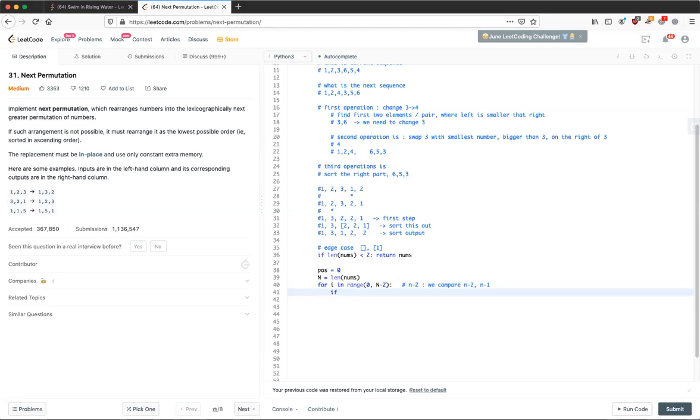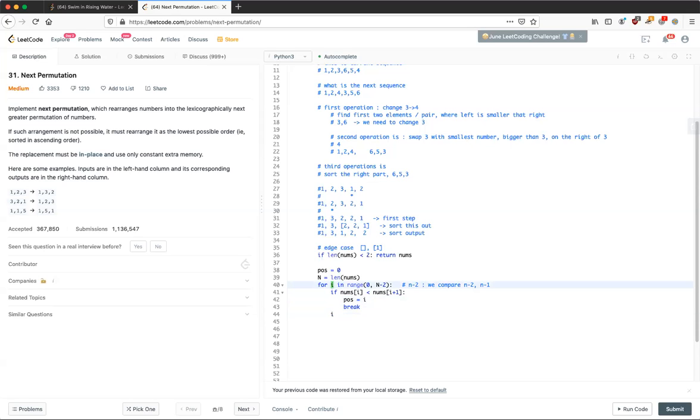So if nums of i is less than nums of i plus 1, we say position equal to i, break, else we say